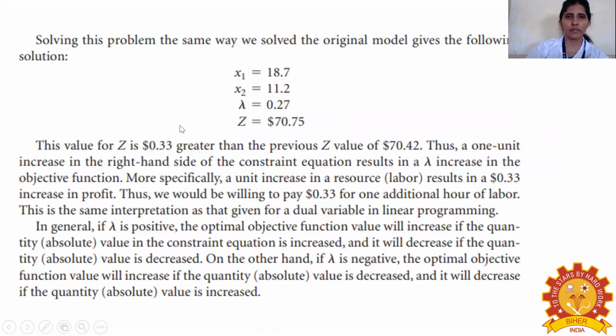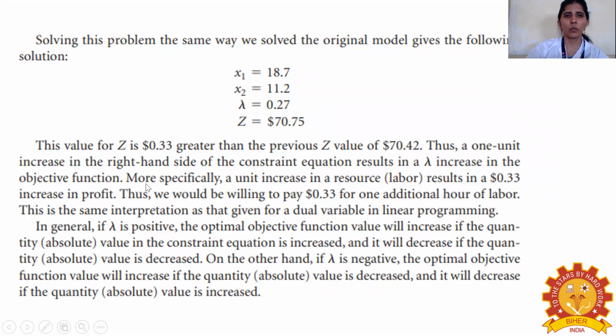Solving this problem based on the previous example, we'll have the values of x1, x2, lambda as such, and z will be equal to $70.75. We can see that this value for z is